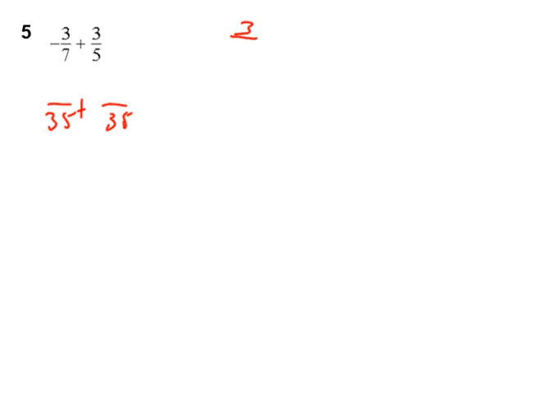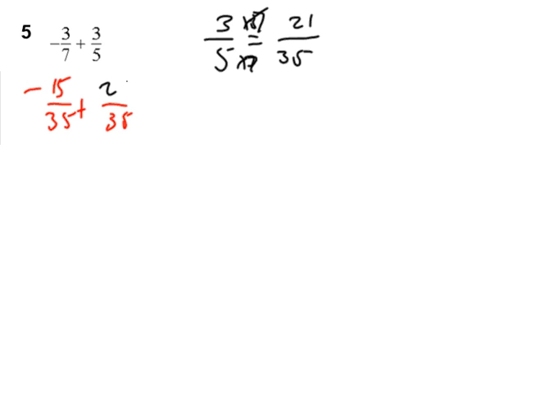An equivalent fraction to negative 3/7, that's a 7, over 35 will be negative 15. The equivalent fraction to 3/5 that has a denominator of 35: 3 times 7, oh, what was that, times 7? Oh, my pen is not working very well. Is 21/35ths. So once we have that, our rule when we add and subtract fractions is to keep the